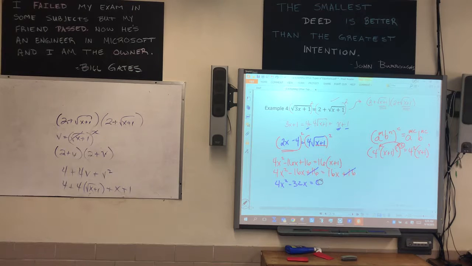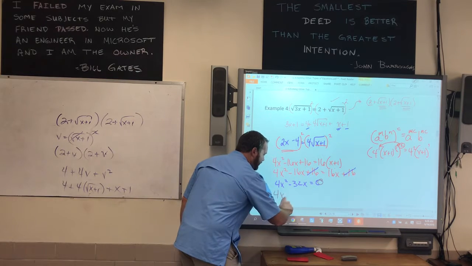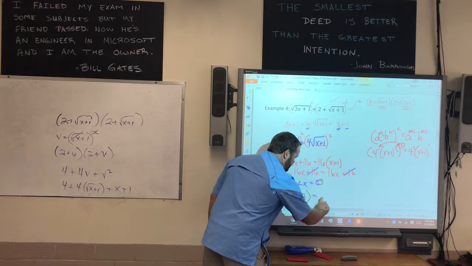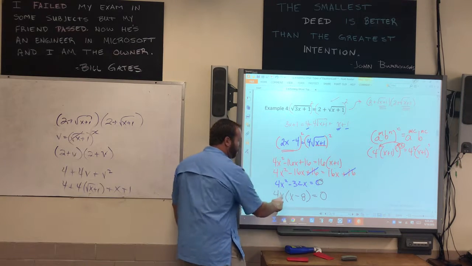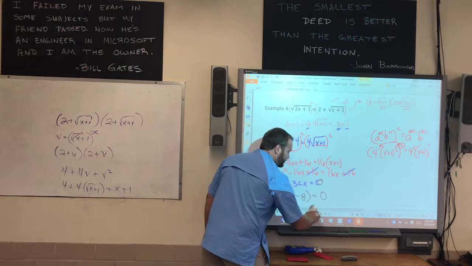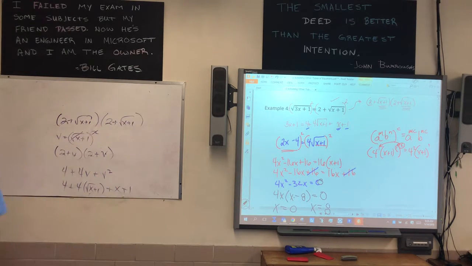What is nice about that? I can take 4x out of both terms as a GCF there. 4x gives me x minus 8. So 4x equals 0, so that's going to give me x to be 0. X minus 8 equals 0, that'll give me x to be 8, right? Okay. Now, the only thing you have to be cautious of is the potential that one or two of those